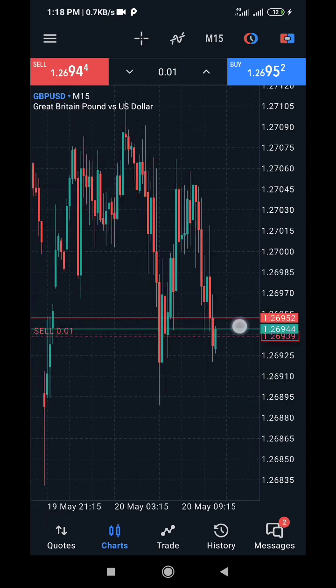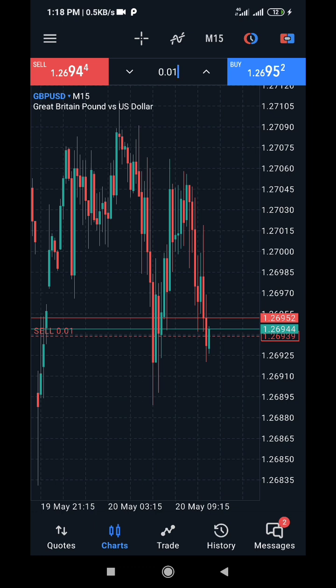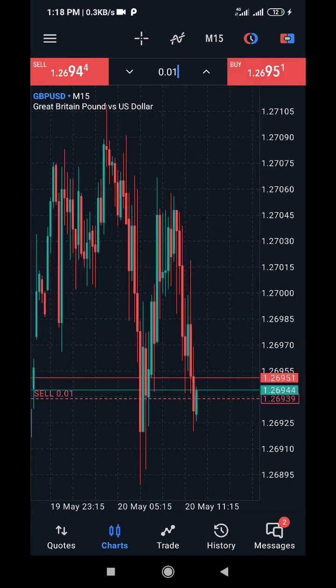The red above, you are still in a loss. But for you to be in profit, this red line that you are seeing, red and green, the red must pass this dotted line. This dotted line is the price at which you entered. Okay, so